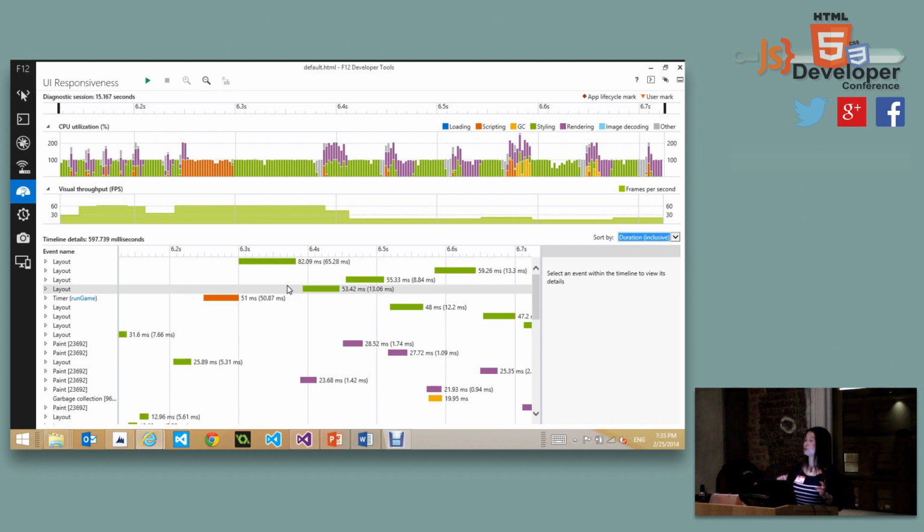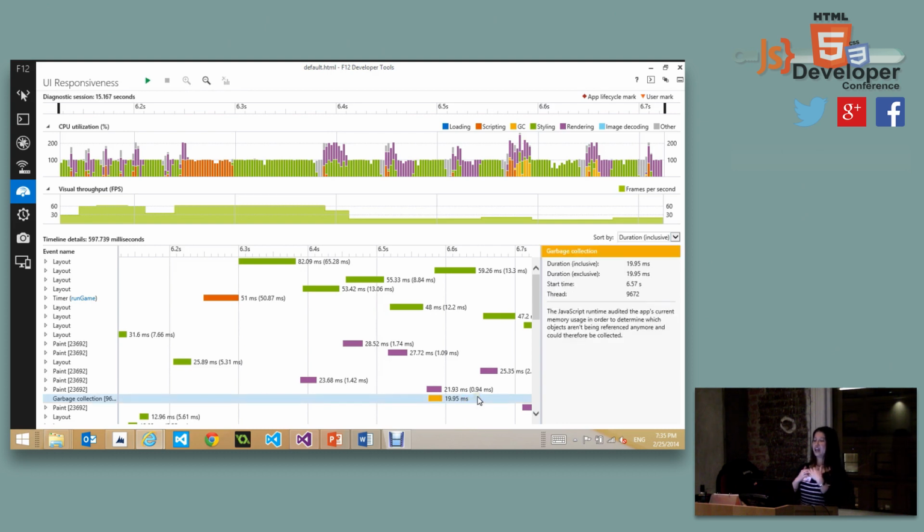Obviously 16 milliseconds is a little too strict, it's hard to beat. But if you look into the data and it goes quite a bit beyond 16 milliseconds, then you know there's something you probably need to look into. Like this one: this garbage collection takes 1995 milliseconds. So one thing that first caught my attention with the code is I see a lot of garbage collection going on. If you think about 16 milliseconds, and your garbage collection already takes 1995 milliseconds, you know it's going to be pretty slow. You're not going to beat the good data, right?